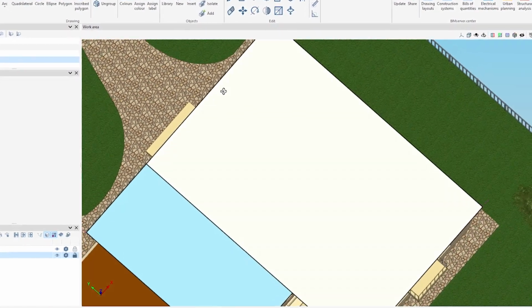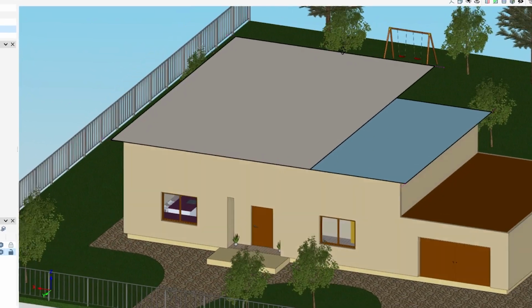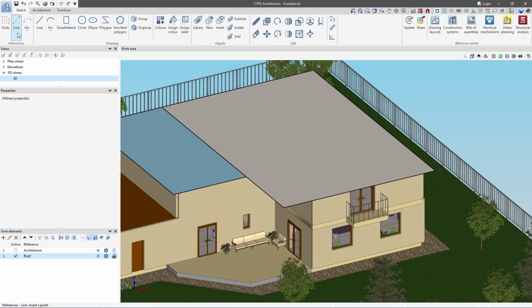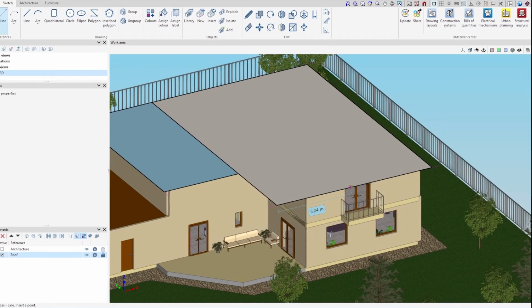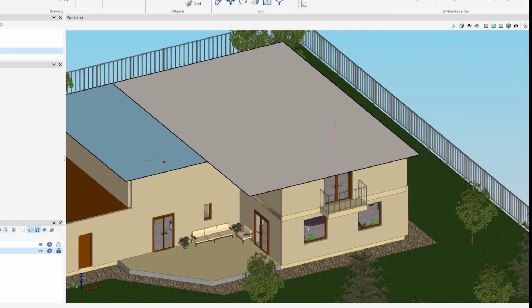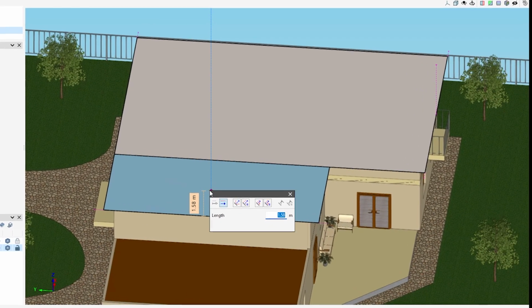The next step is to define the sloping roof sides. To do this, we rotate the model and draw a triangle on one side of the first quadrilateral, marking its highest point at a height of 3 meters with a reference line. We repeat the procedure on the second roof, making sure to keep the heights consistent.